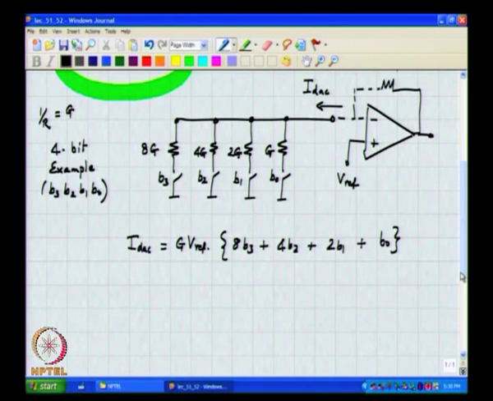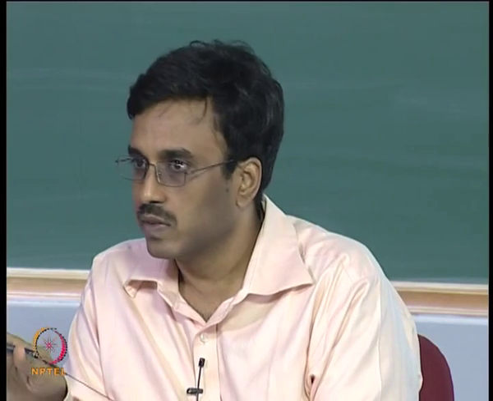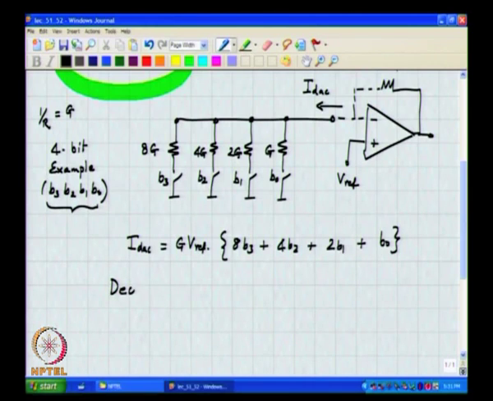While this seems quite trivial, one observation that I would like to bring to your attention is the fact that the logic required to control the switches is actually trivial, right. There is nothing, the 4 lines that come in are the same lines that go and control the switches. So, the decoding logic, so to speak, does not exist.